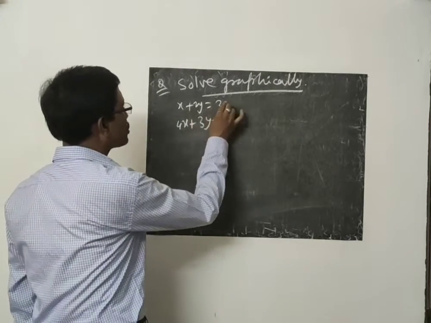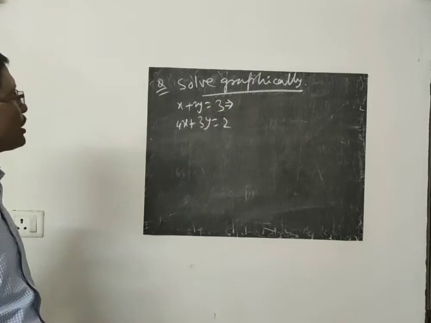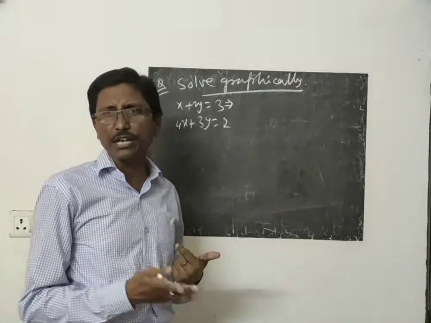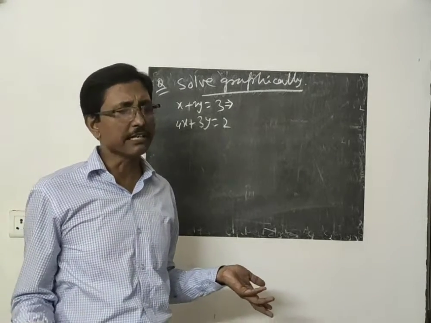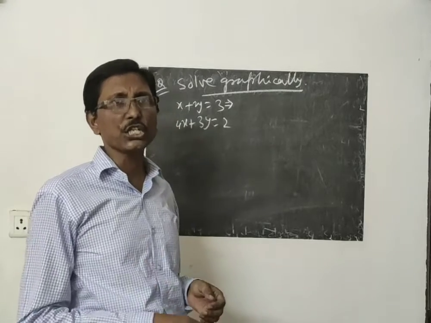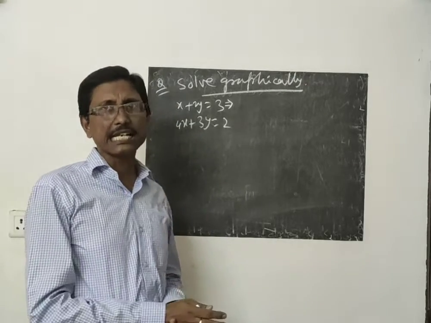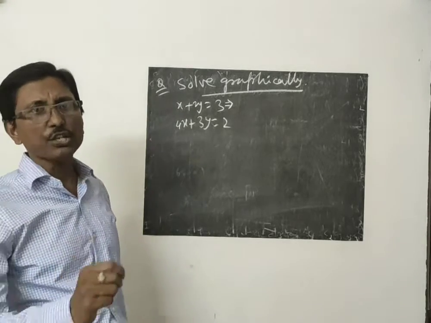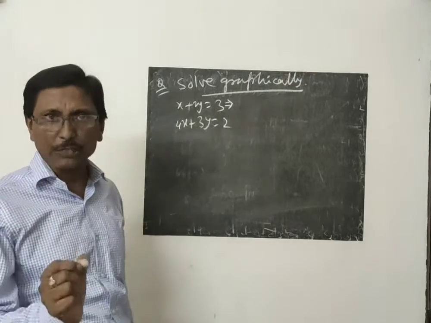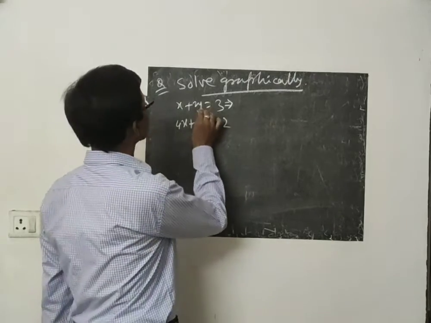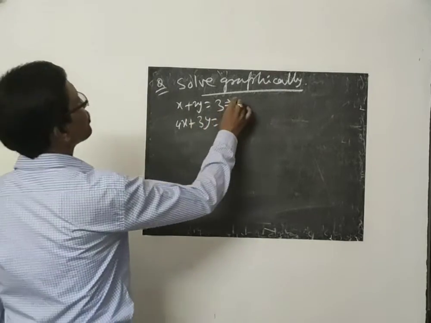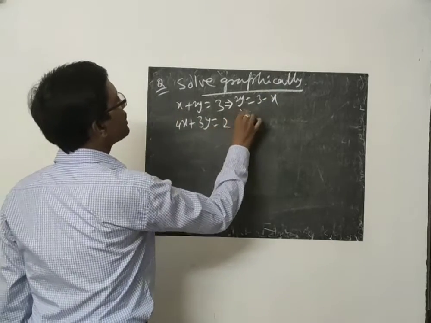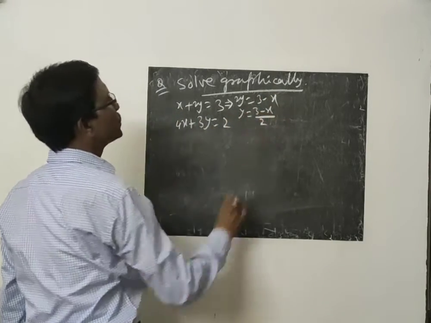For the first equation, you have to convert one variable in terms of the other. You can convert any one, x on the left side or y on the right side, anywhere you can keep. But in general form we say that x is the independent variable and y is the dependent variable. So y should be expressed in terms of x, that is better. But any one you can do. First, if you want to convert y into x, you get 2y equal to 3 minus x, or y equal to (3 minus x) by 2.